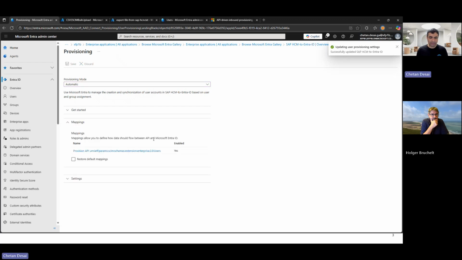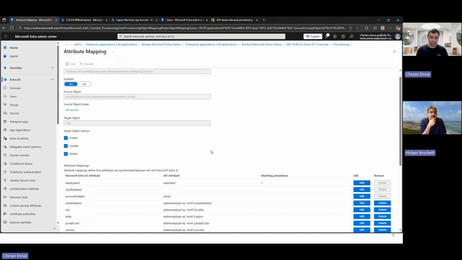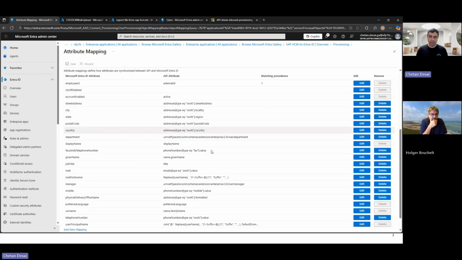That's it. So what you have now is an application that has this attribute mapping. The API attributes are all SCIM standard payload attributes.